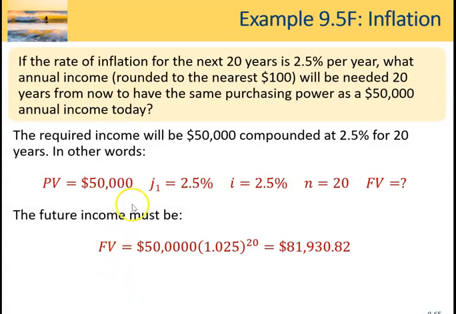So we want to figure out, okay, if we know that inflation is going to be 2.5% per year over the next 20 years, how much do I need to be making in 20 years' time on an annual basis to be the equivalent of me making 50,000 now? So when you're planning your career, you want to look at that so that your inflation is being built in. So give this one a try and see if you can come up with the fact that in 20 years' time,